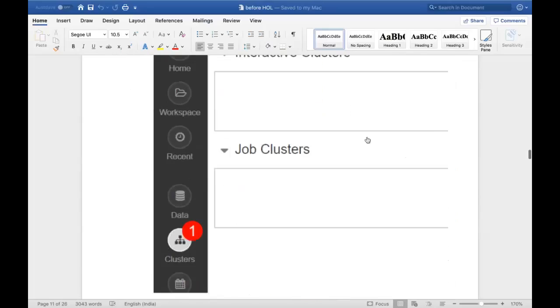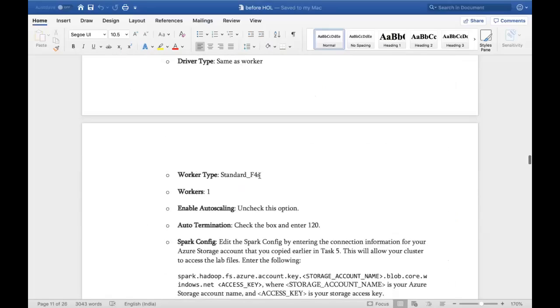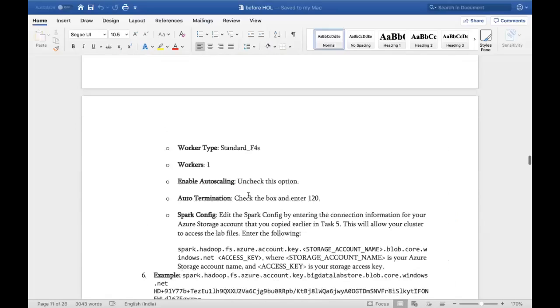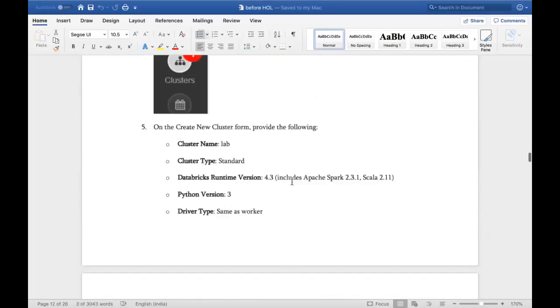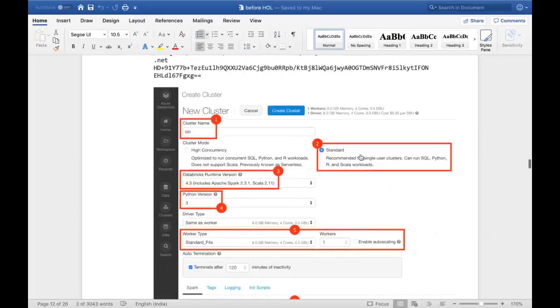Okay, the cluster. I will go here and create a cluster with the runtime, and type 3, same as worker nodes. Uncheck this option because we are not going to work on huge loads here. Again, if you define that, it is going to impact your system. Let's see here, just going with the standard one, version 3, and the worker type is this one. Again, now we have a new one here.